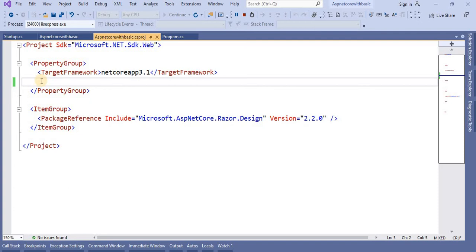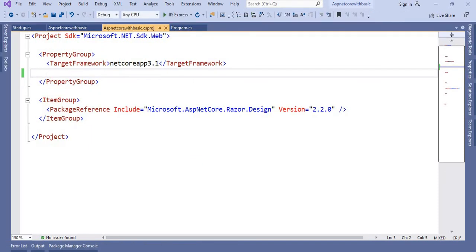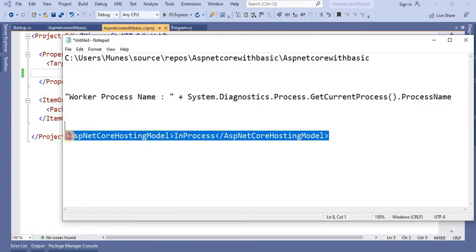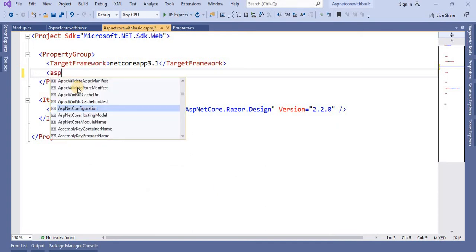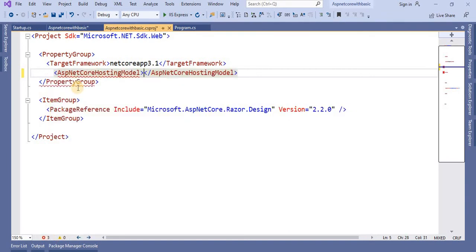And now what I will do here, I will write the process name. Let's copy this ASP.NET Core hosting module. Basically, we are using the ASP.NET Core hosting module, and which hosting module are we using?